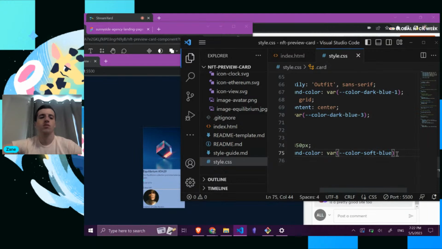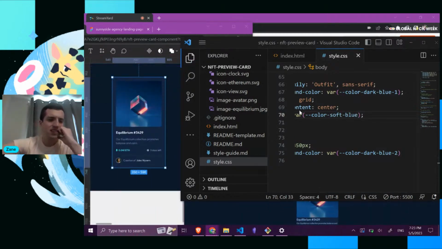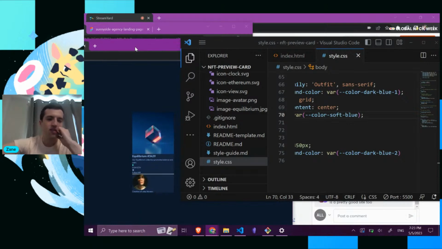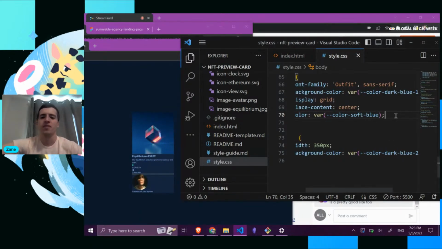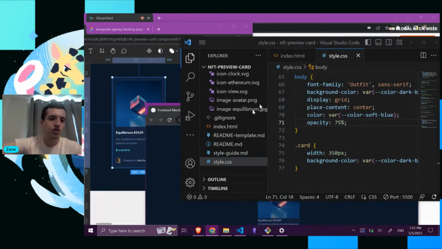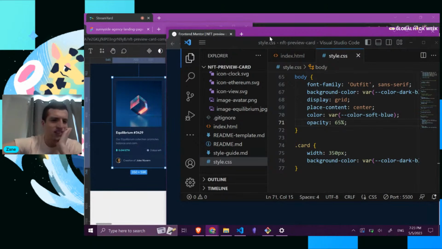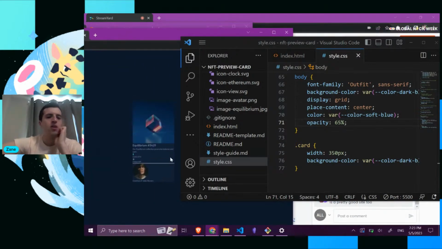Soft blue. Oh, that's background color. Oopsies. Color soft blue. Okay, so that's weird. Might have to change the opacity a little bit. That's kind of goofy. Let's try that. Sometimes they do that. Yeah, okay. That still works. That gets us what we need. In fact, let's try 65. Okay. That's kind of, yeah, that gets us to where we need, I would say. Okay, so